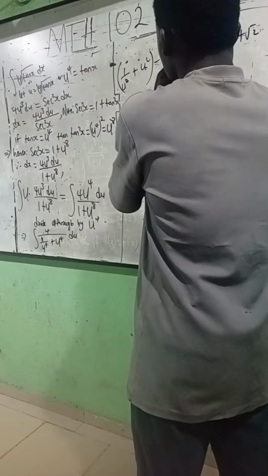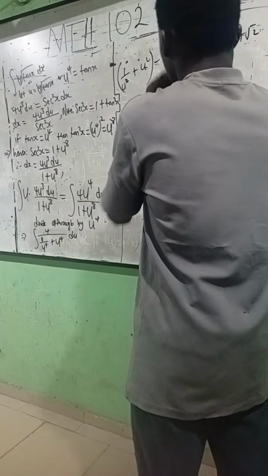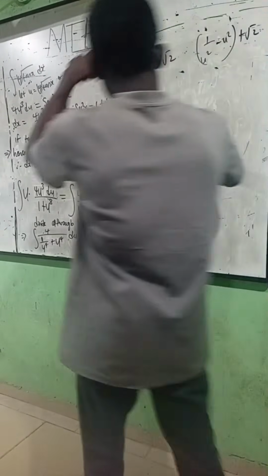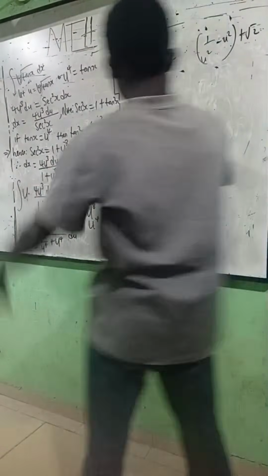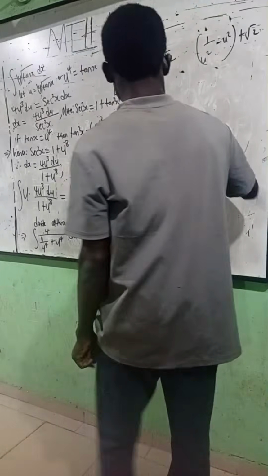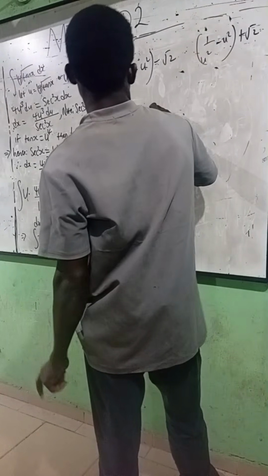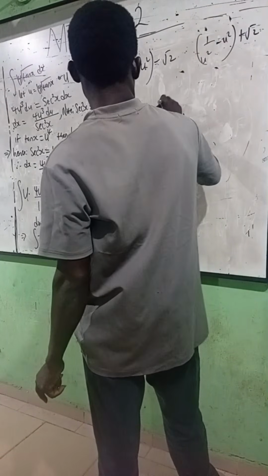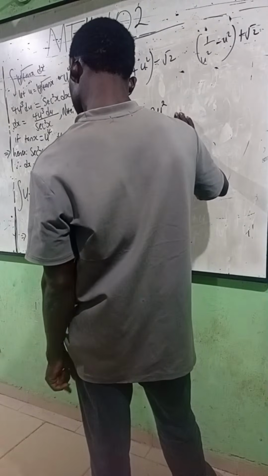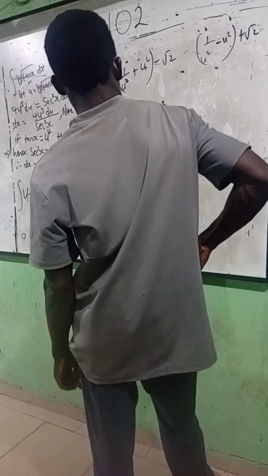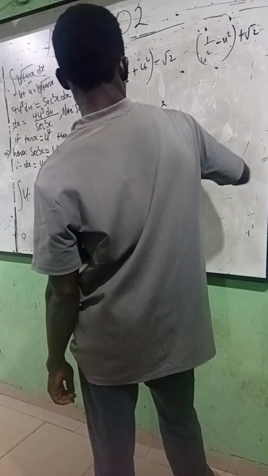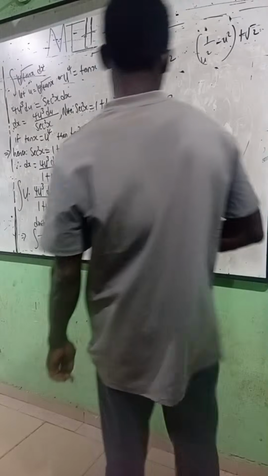Right, so what of the denominator? The denominator is okay. You get away right. 4 equals to 2u square. You get 2 square. 2u square into